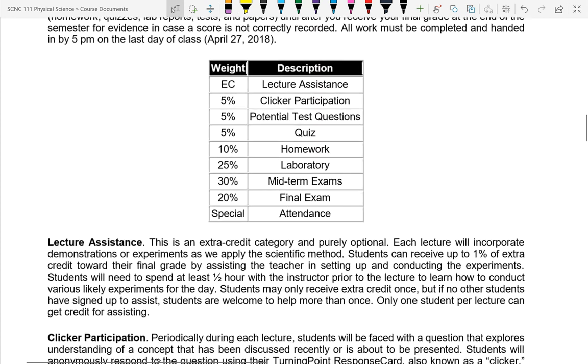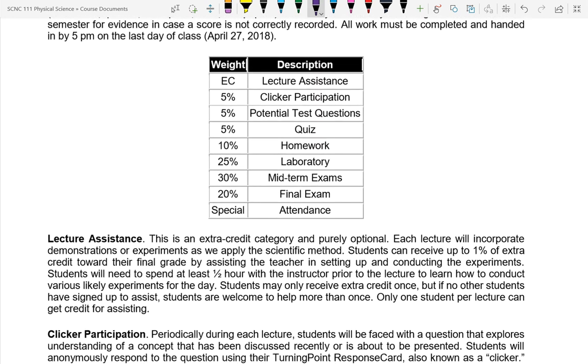Your grade will be broken up by a number of things here. The clicker participation. When we have a clicker question, it's a question to either test what you knew coming in or if you understand what we've been talking about. If everybody gets the right answer, I'll just say yay and move on. If we have something less than that, I might have you discuss it with each other and re-poll the question, ask the question again, assuming the new software is working right again. Or I may explain it,